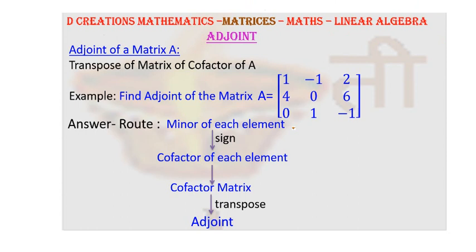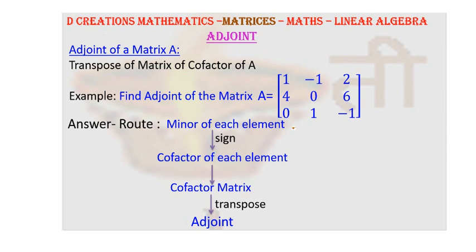Now we are looking at the inverse of a matrix. We have already seen how to find the inverse of a 2 by 2 matrix, but now our focus is to find the inverse of a 3 by 3 matrix. To reach that goal, you need to follow certain steps. The crucial, or I would say the semi-final, step is finding the adjoint, which is also known as adjugate. So today we are going to look at the adjoint of a matrix.